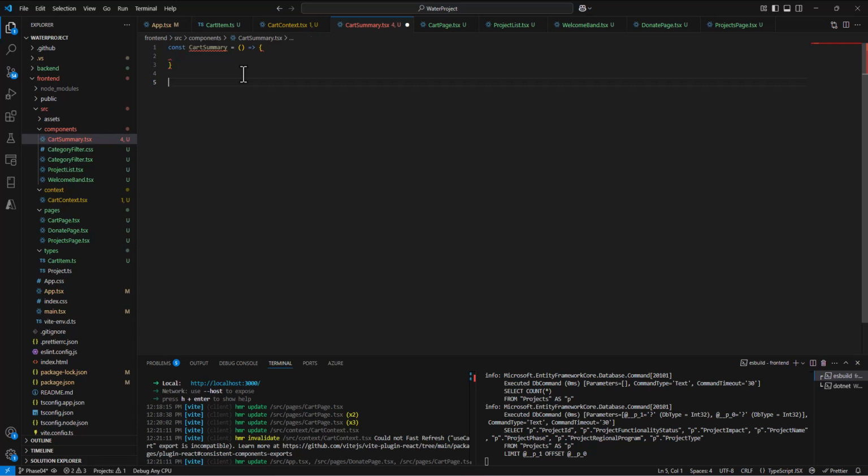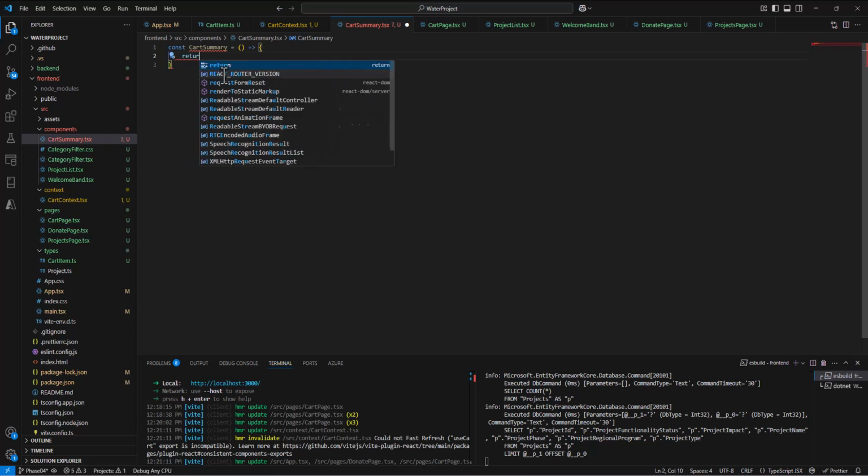That would be the same thing as saying function cart summary, opening, closing brace, and then this with a return statement. It's just saying this is what's being passed in, and then the result of this is this. So that's just like a return. I'm going to build this one this way because sometimes you will see it. It seems like React is starting to head more toward doing things this way. So inside this function, I'm going to say const, well, let me do it a piece at a time, and that'll help it to make more sense. So what I want to return here is